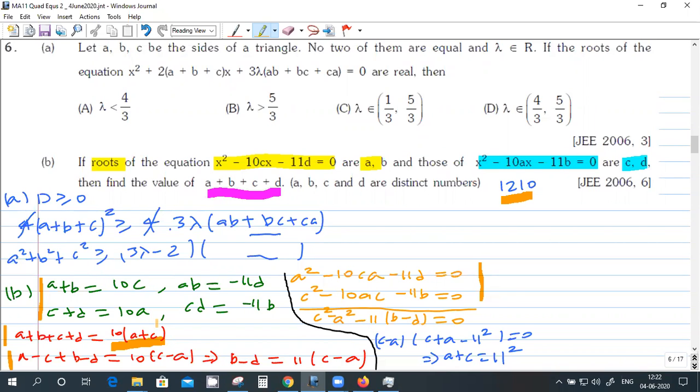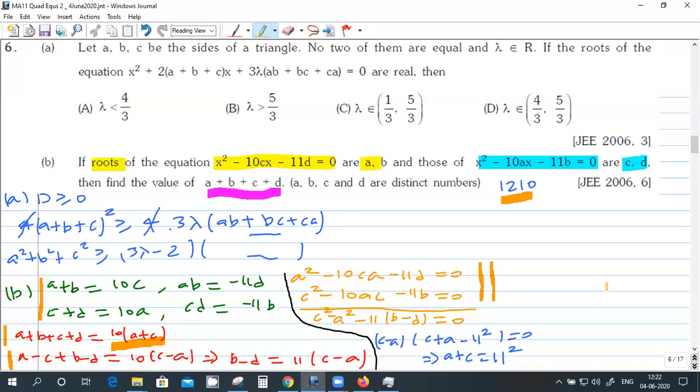Okay. First two steps are fine. The third step is also fine. Fourth step I just did as a different thing. And then this is an important step which people usually miss. Once you say something is a root of that equation, you can put this value in the equation, and then you can simplify it.